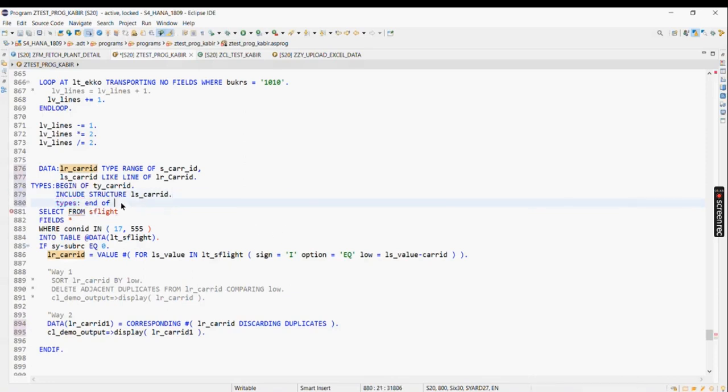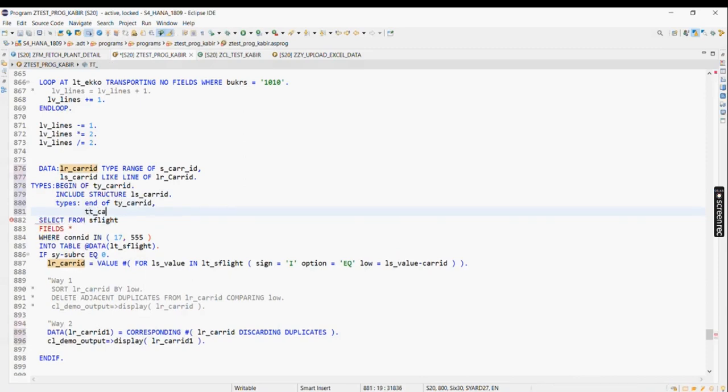Types end of ty_char_id, and now tt_char_id type sorted table of ty_char_id with unique key low. And now if I refer this to this type, that is tt_char_id here,